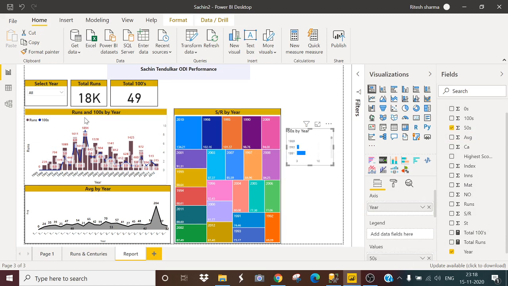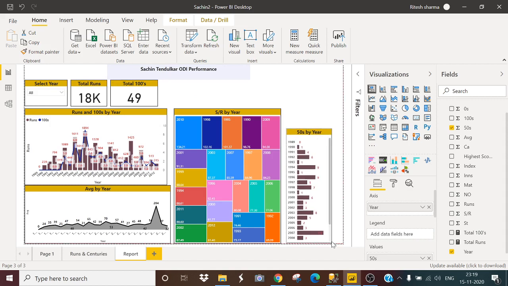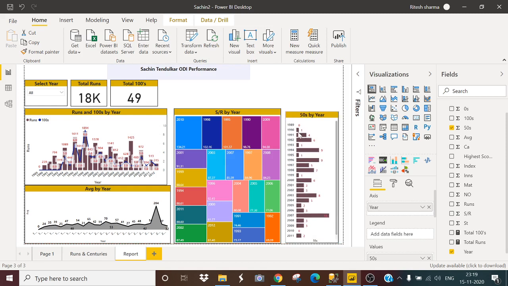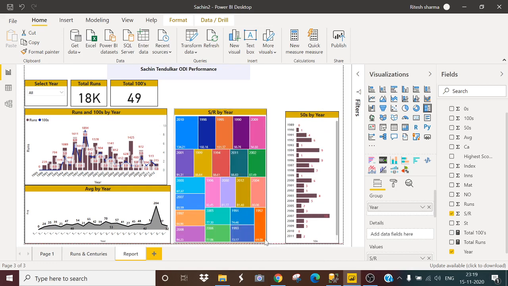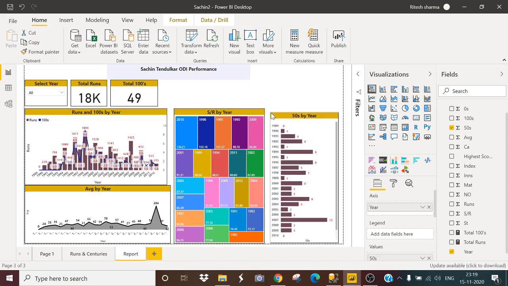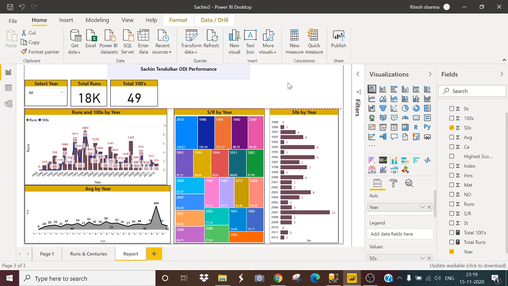Then I will select this graph, use format painter, and place it here so that it will automatically take the formatting of the previous graph. Now this is showing 50s by year. Let me make it a bit smaller. Yeah, it's fine now.